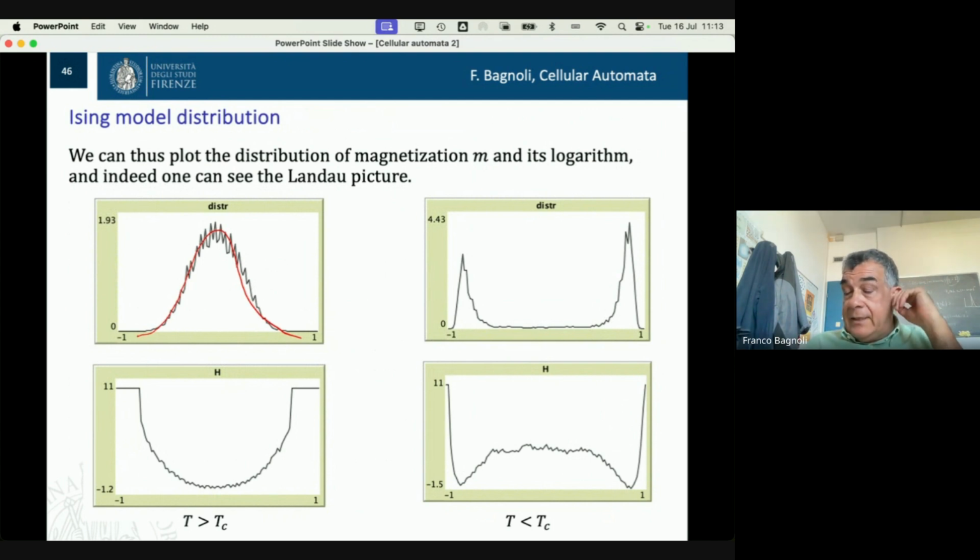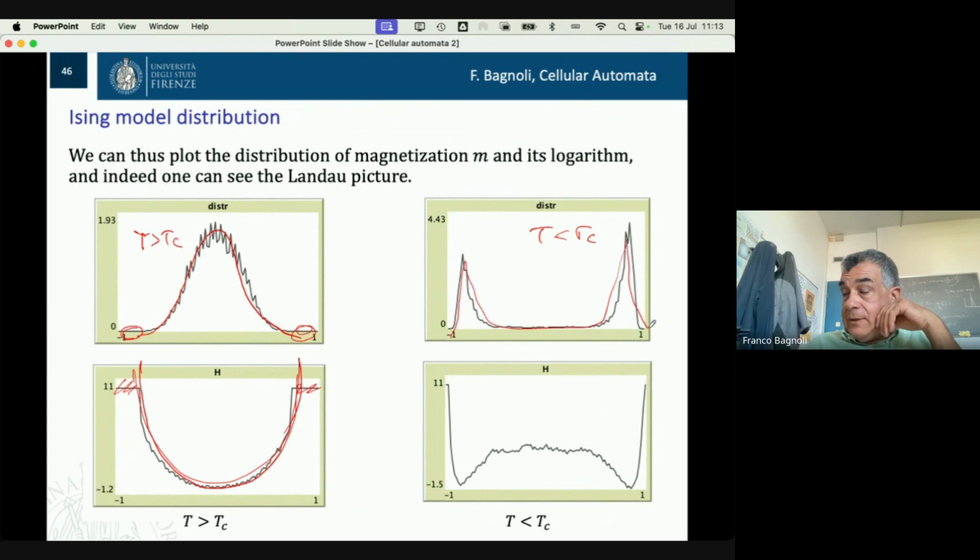And if you take the logarithm here, this is simply because the probability is here 0, so I have to put a certain value of the logarithm. But you can see that we have essentially the shape suggested by Landau, this is for T greater than Tc,